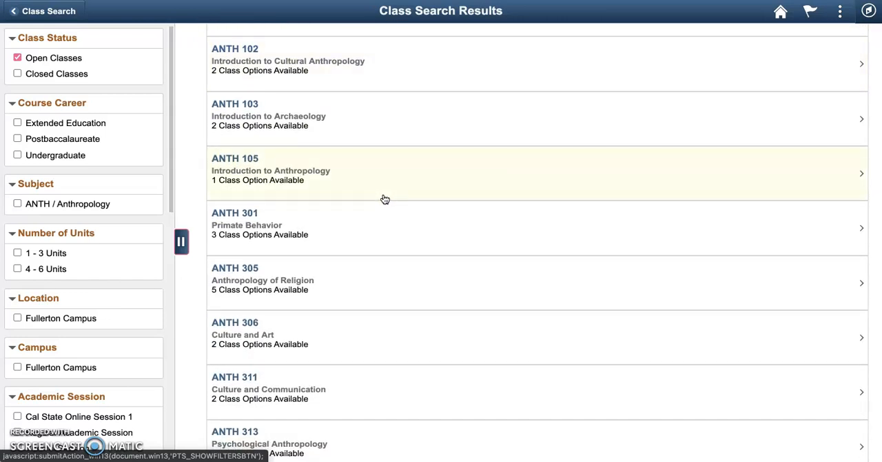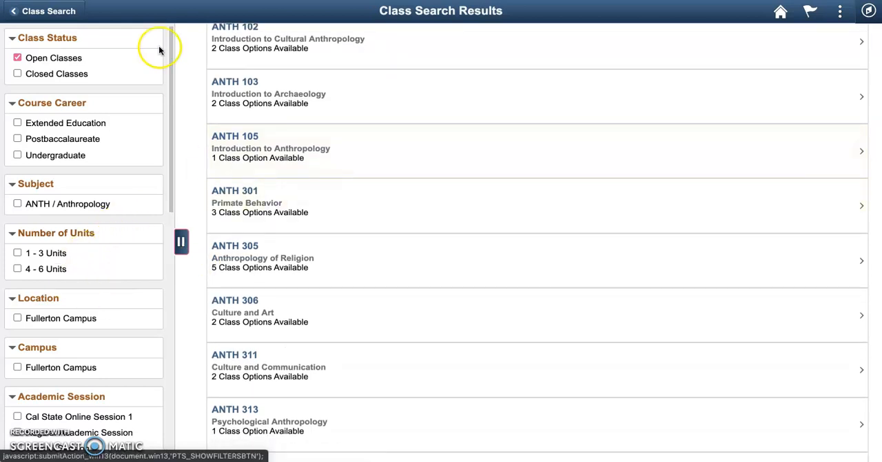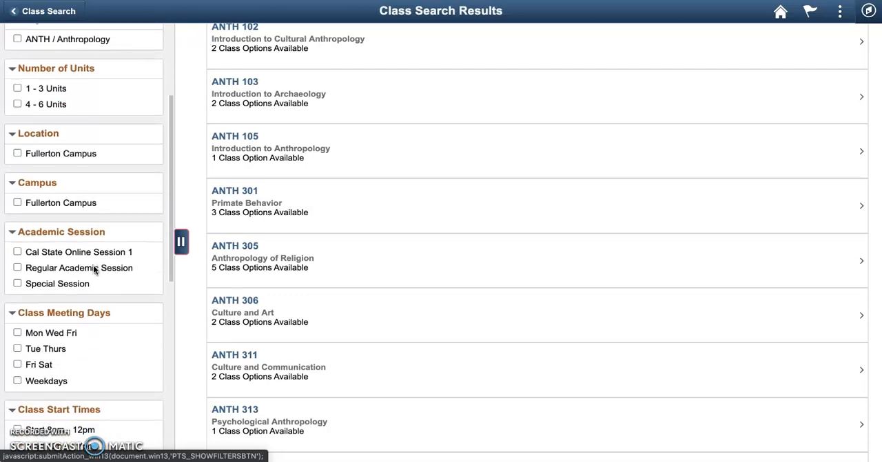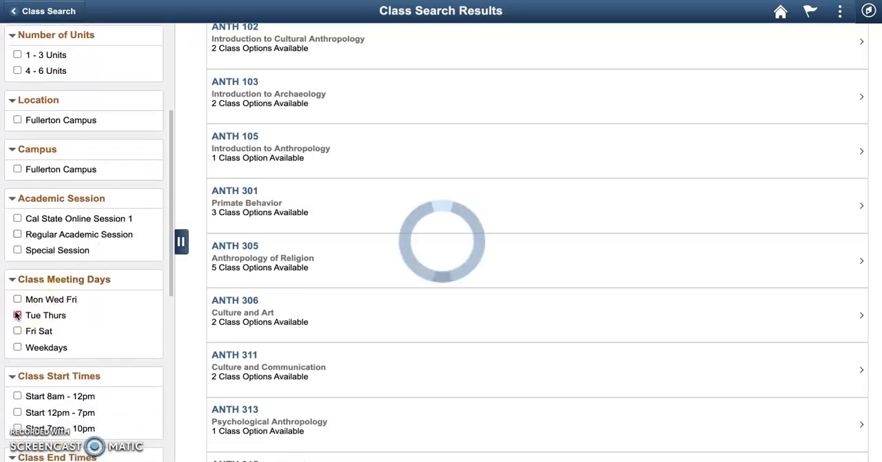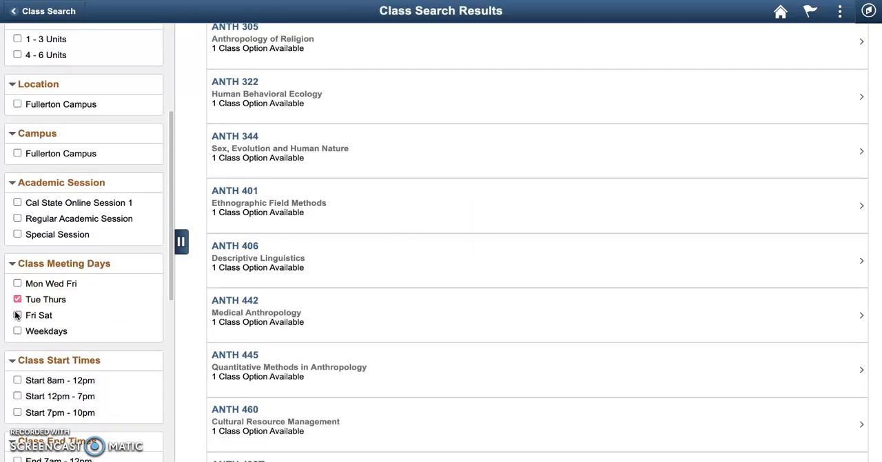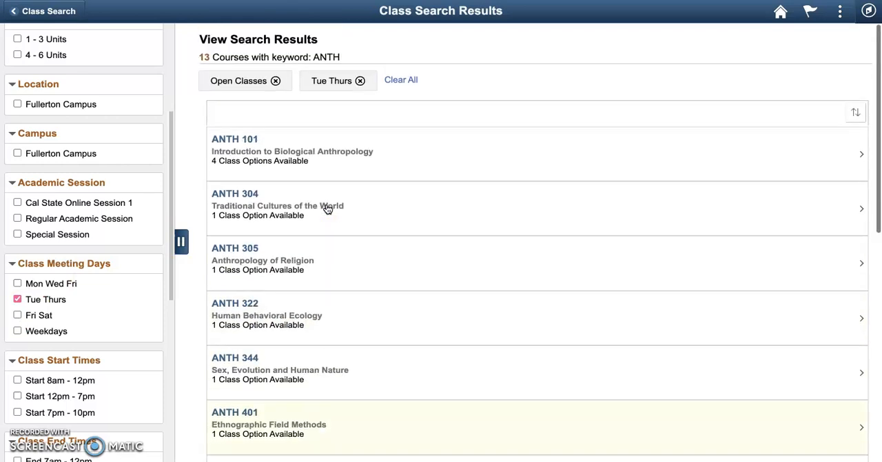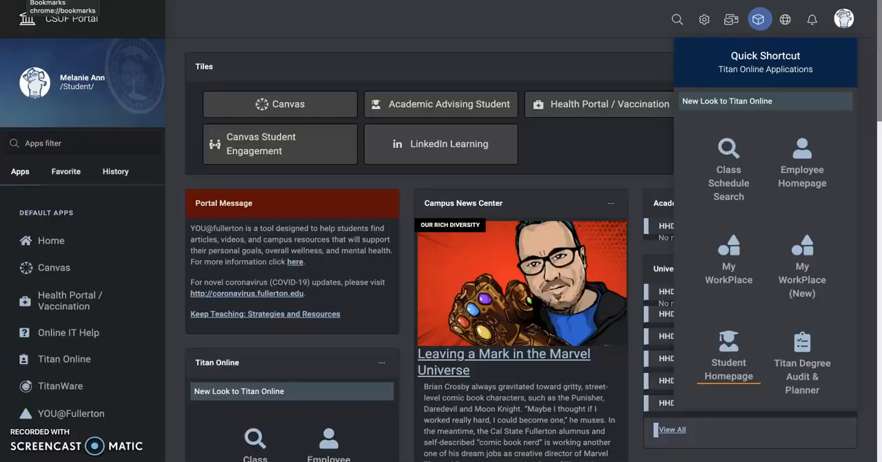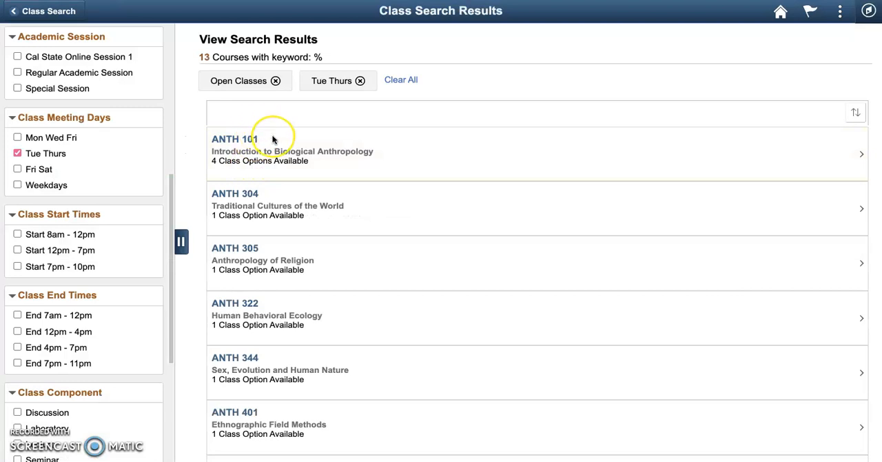If you are interested in additional criteria, you can refer to the toolbar right here on the left-hand side. Let's say I want my anthropology classes on Tuesdays and Thursdays. I can go ahead and select that, and it will automatically refresh to just those options. I see that 4 sections are available for Anthro 101, so I click on the course and review the course